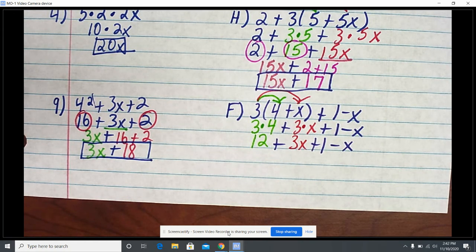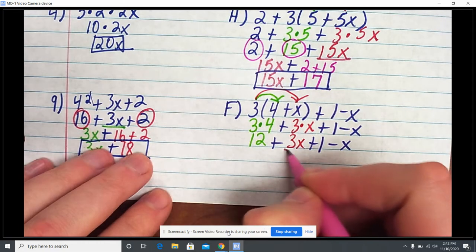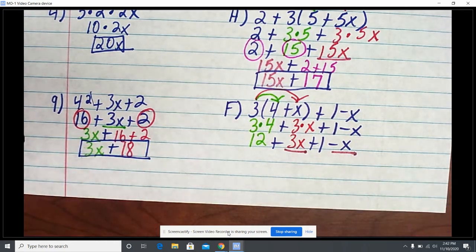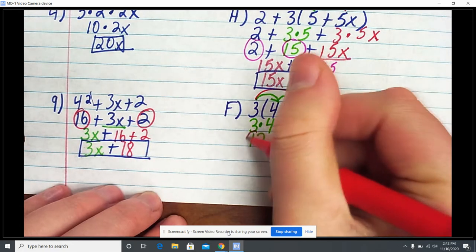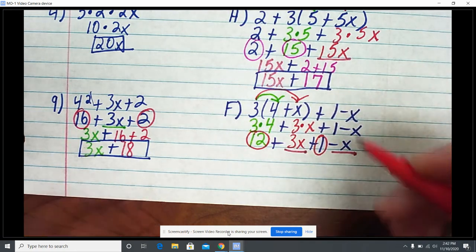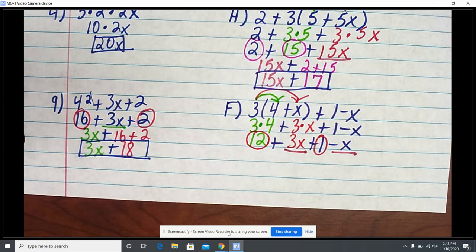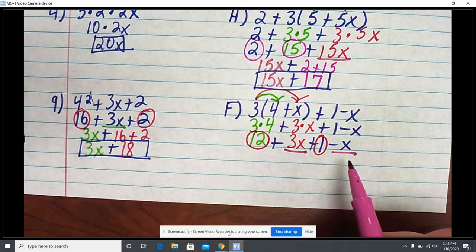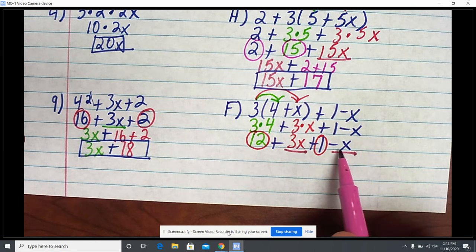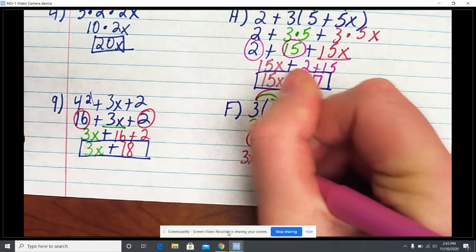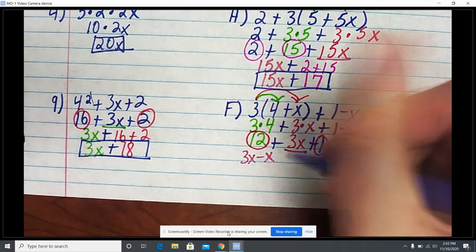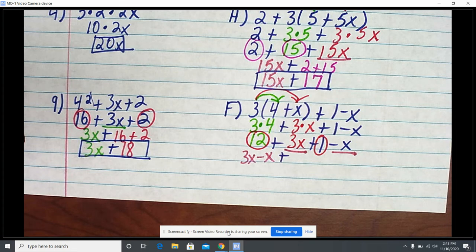Okay, now underline any of my terms I've got x. There's 2 of those. Circle any of my constants. All right, start with our underline. We got 3x and x. Now, make sure you remember what's in front of that second term. So right here, we've got a minus sign. So I'm taking 3x minus x plus,